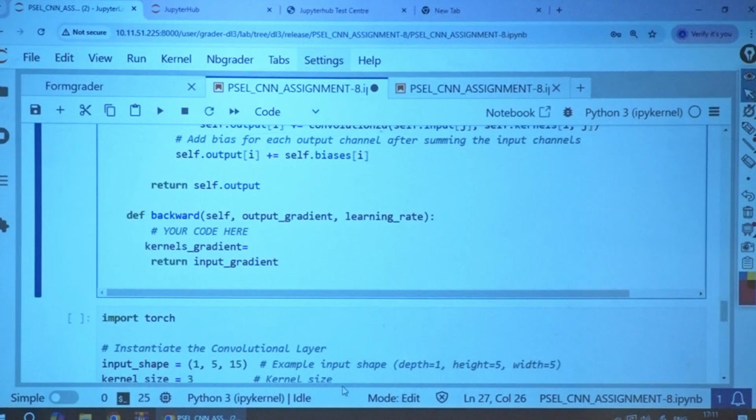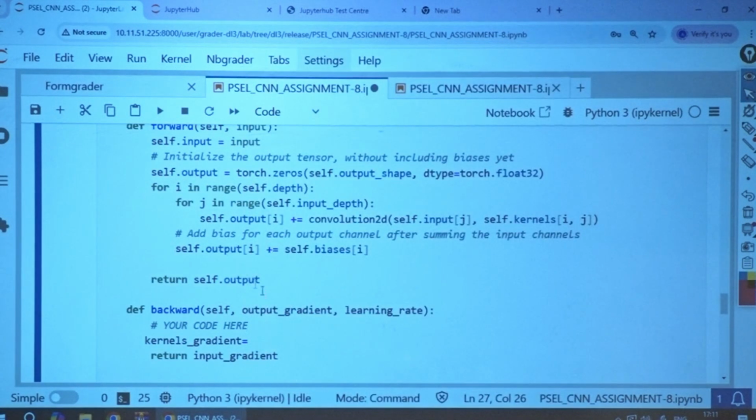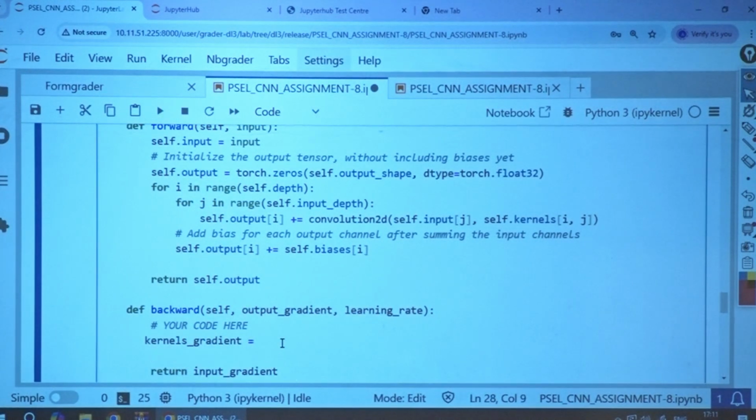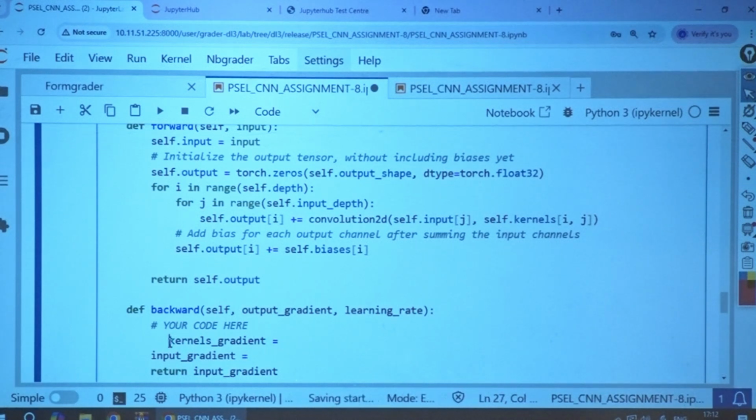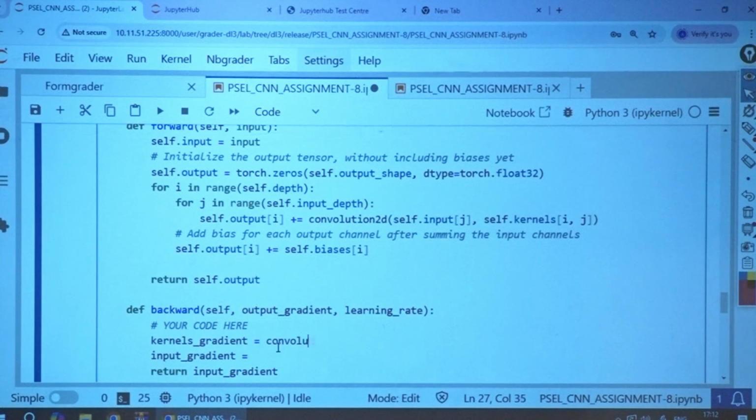Kernel gradient is to be calculated and input gradient, 2 things to be done. So kernel gradient is the convolution 2D, as you already said, between this input J and the output gradient.